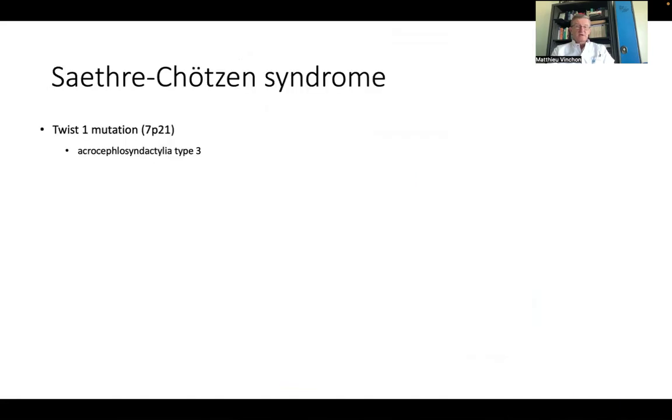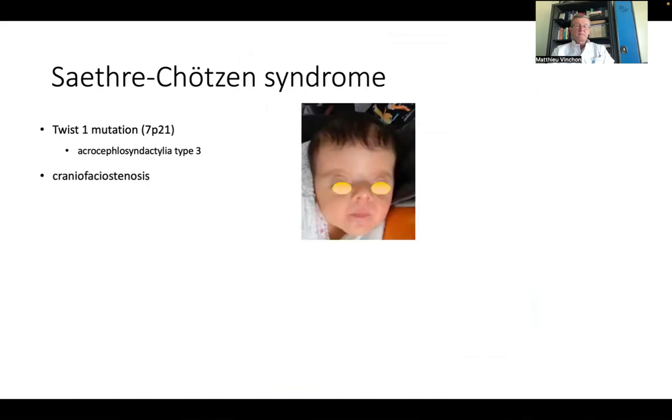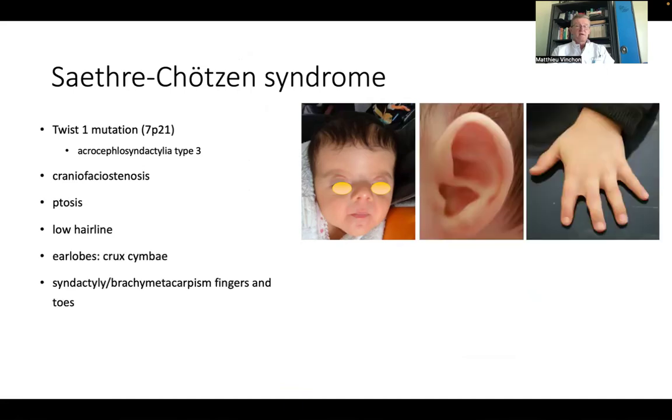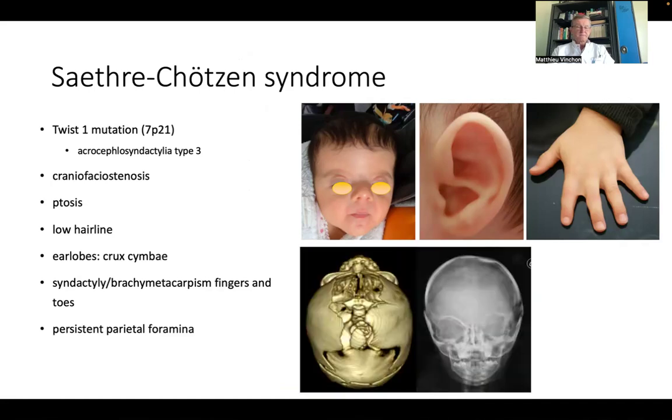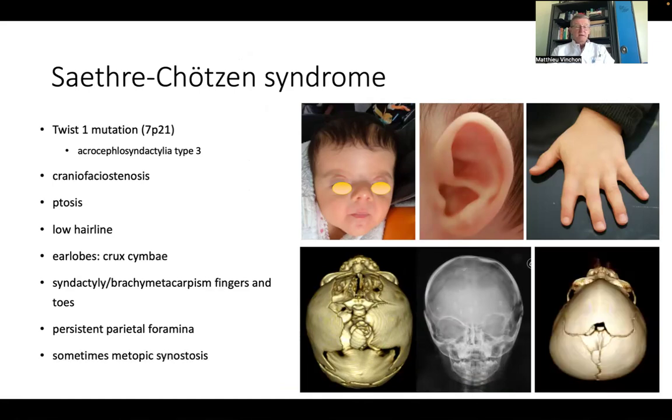Now we have the Saethre-Chotzen syndrome, which is another gene associated with craniofaciosynostoses, with a faciostenosis, but also ptosis, a low hairline, and a telltale earlobe malformation, which is called the crus helicis, and also anomalies of the fingers and toes with a syndactyly of 2 and 3, and brachymetacarpia of the fourth radius. And it is also often associated with persistent parietal foramina, like in this child,